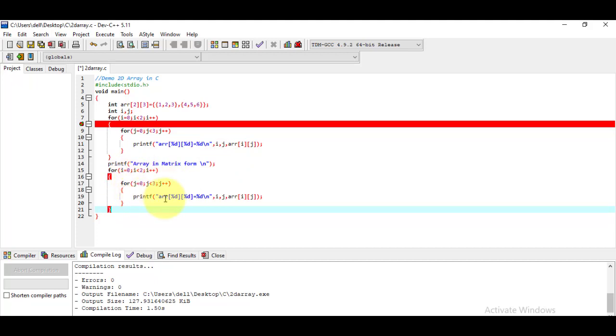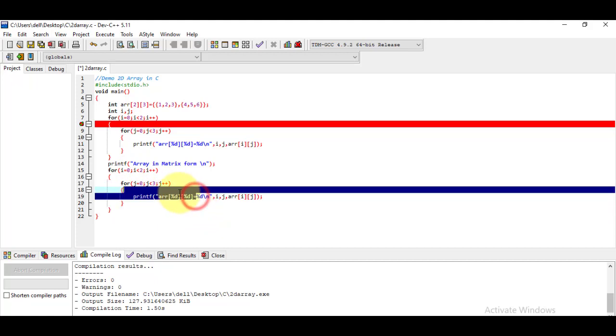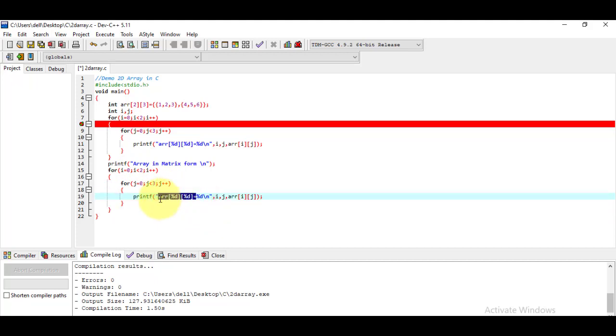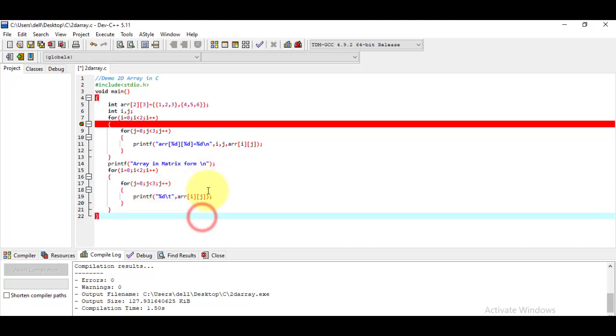Same procedure here. We simply have to use backslash t instead of backslash n, which will give a space between the elements of the row, and here we need not specify i and j, we simply use the array element.